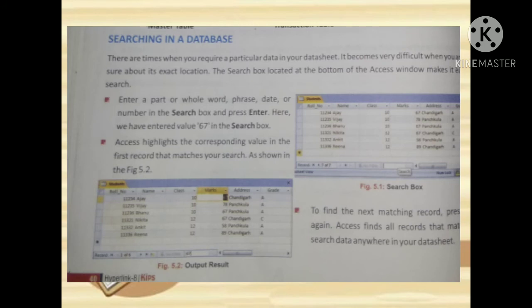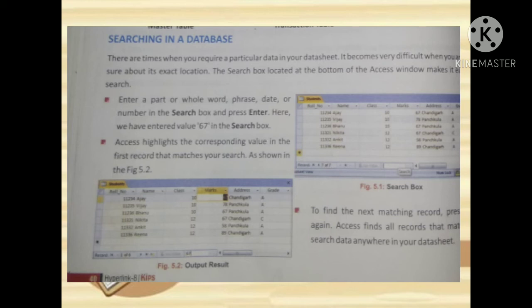Okay, now we will move to the next point, that is searching in database. Searching records in a database becomes too easy when you exactly don't know where the location of that record is and what exactly that record contains. So at that time, this searching made easy. You might be thinking how? Of course, you have the search box in your Microsoft Access at the bottom of the window where you can type the data which you know, or else if you don't know, so what you can do? Anything related to that particular record.